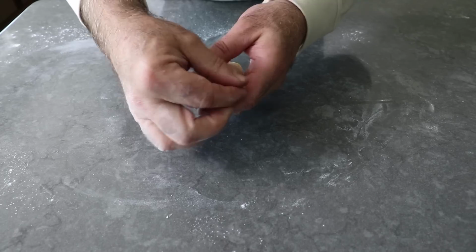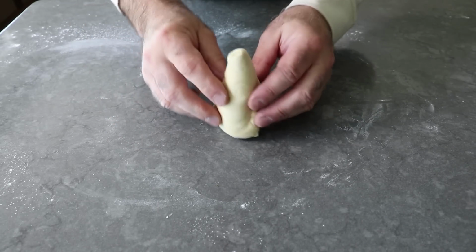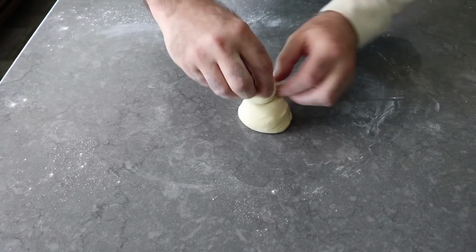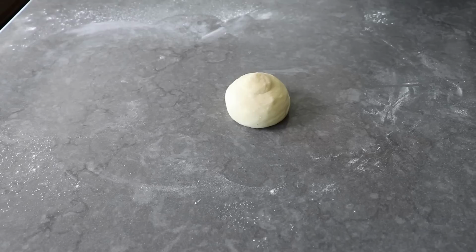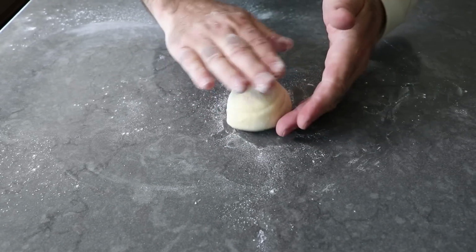And then once those edges have been pressed together, to finish the shaping, we will set it down on the large end, and then we'll kind of twist it and keep twisting it as we push it down until eventually we have it sort of wound up and flattened out, which looks kind of cool, but definitely the wrong shape for a hamburger bun. So at this point I dusted it with some flour, underneath and on top,